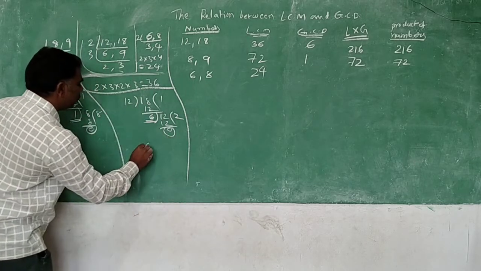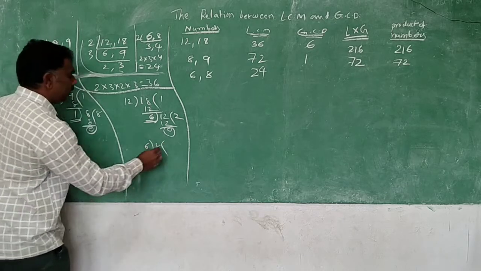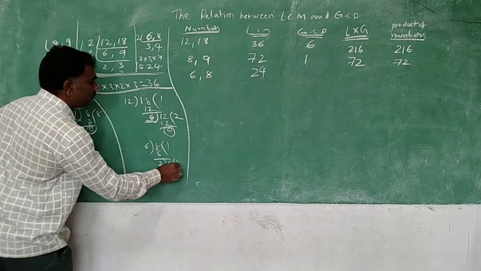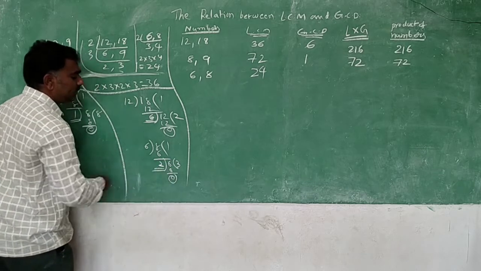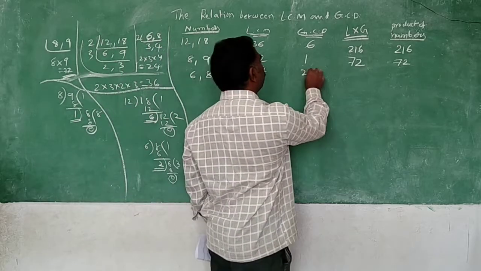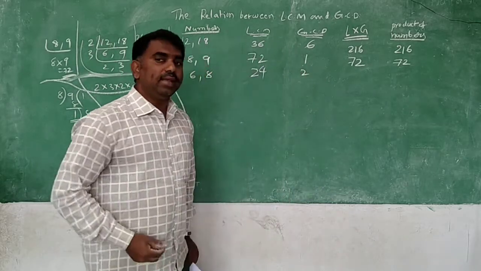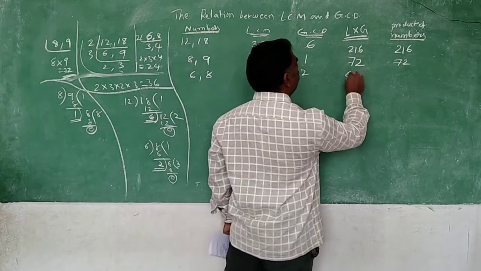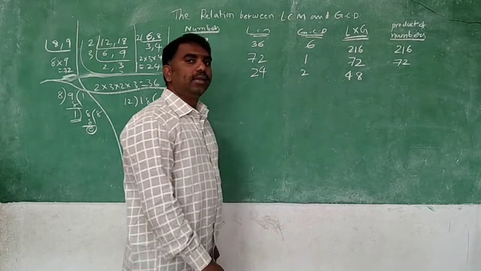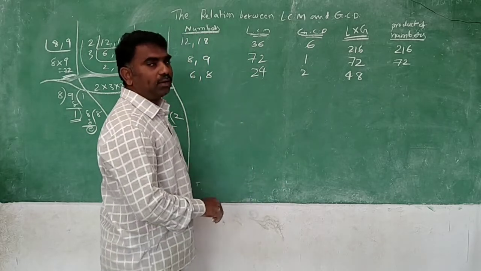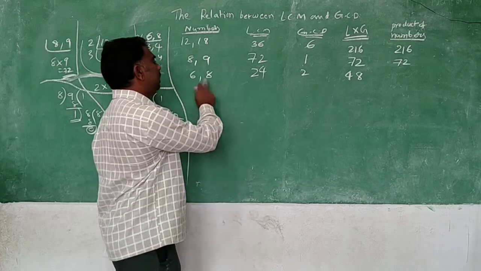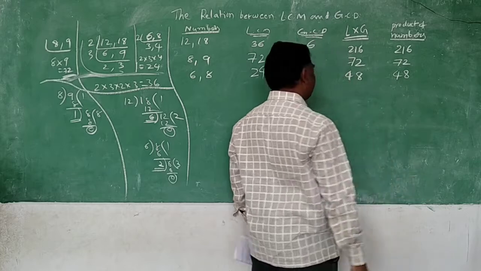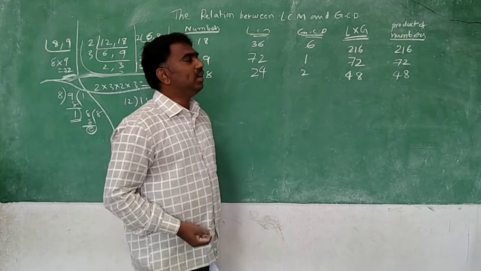Okay, now we will find the GCD. How do you find the GCD? You know that 6 will be divided by 8. 6 1s are 6, 2 left. So again I will continue the division. 2 3s are 6. Then finally the answer is 2. The GCD of this is 2. Then I said to multiply the LCM and GCD. When I multiply LCM and GCD, 24 2s are 48. The product of the numbers means you multiply the numbers. When I multiply the numbers, what did I get? 6 8s are 48. So what did you observe here?